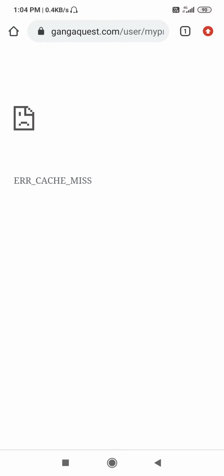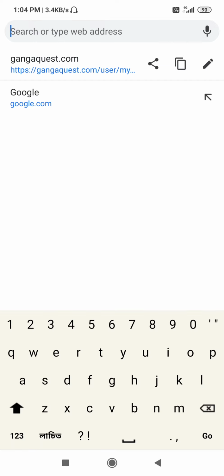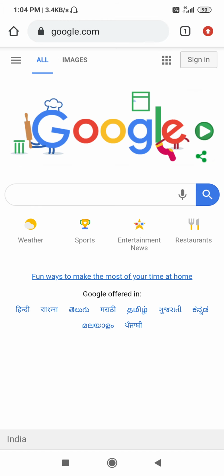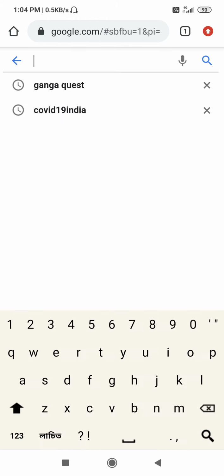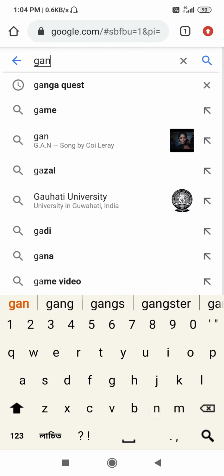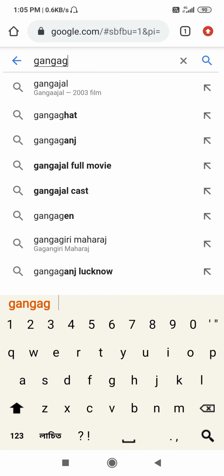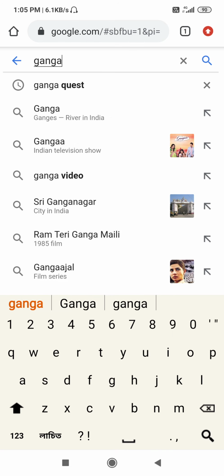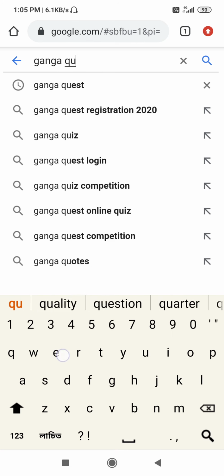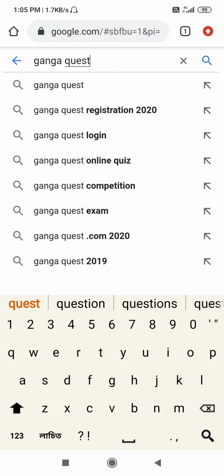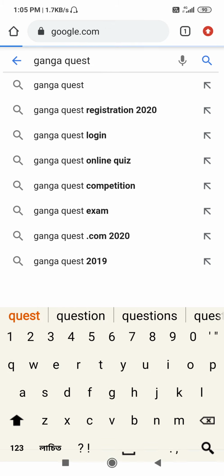When you open this, you have to put google.com in this box, and the screen will appear. In the search box, you have to type Ganga Quest, and search.